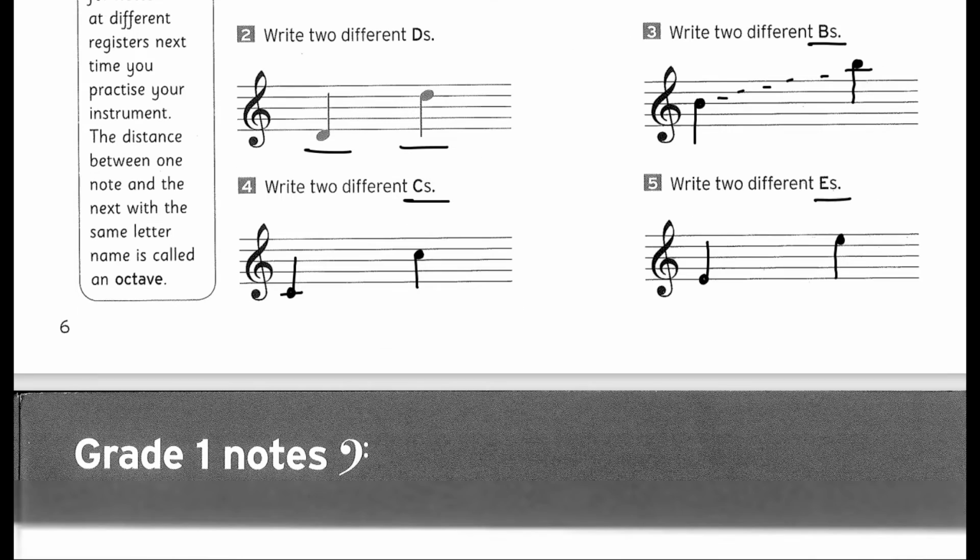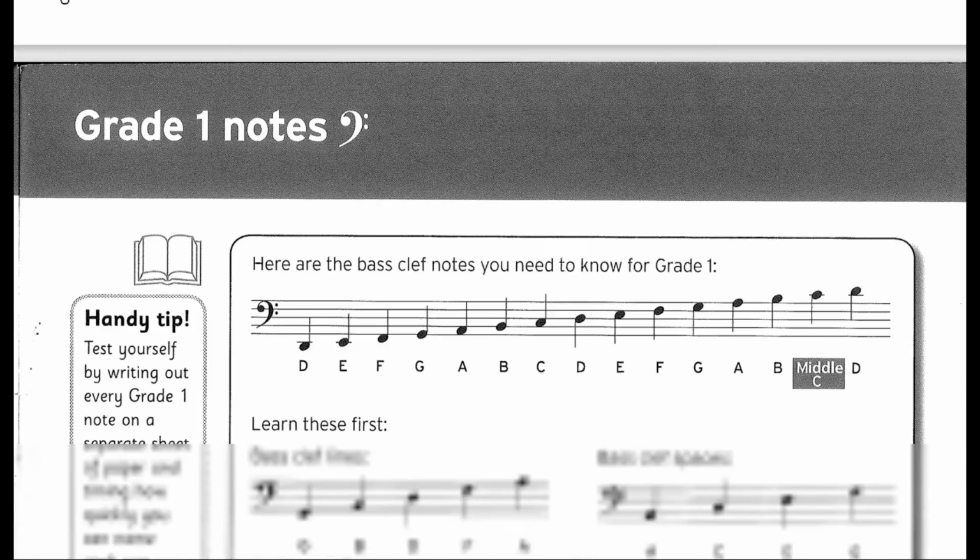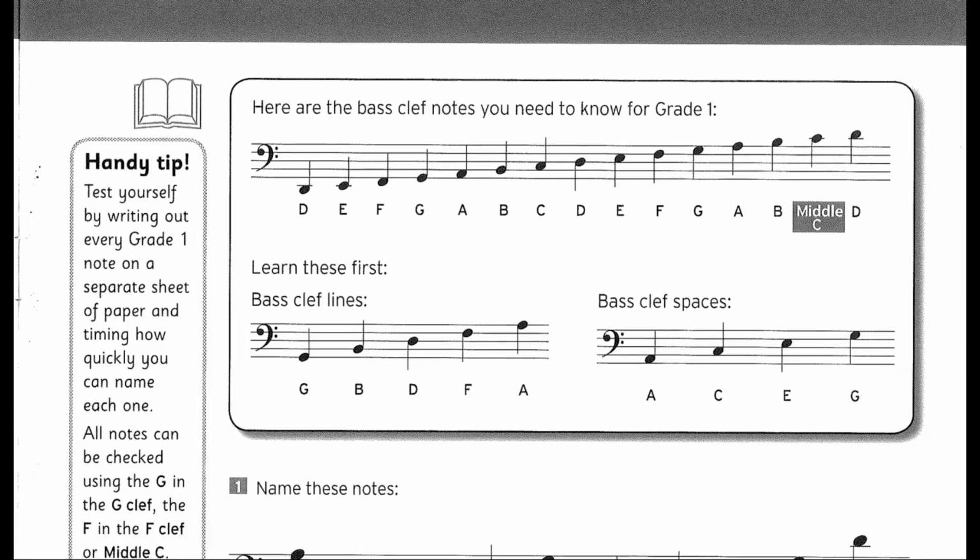Let's do the bass clef now. Again, in the bass clef, you can look over here. Again, you can read down all these notes. The middle C is above the first ledger line above the bass clef. Remember that. The formula for this is also, you can see, green,